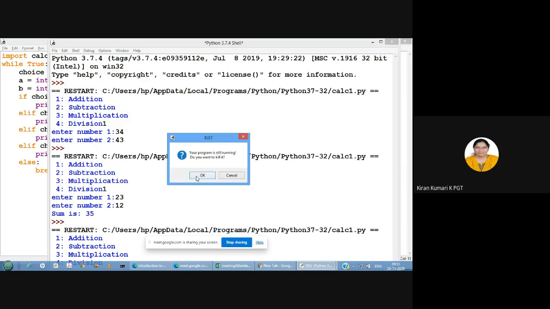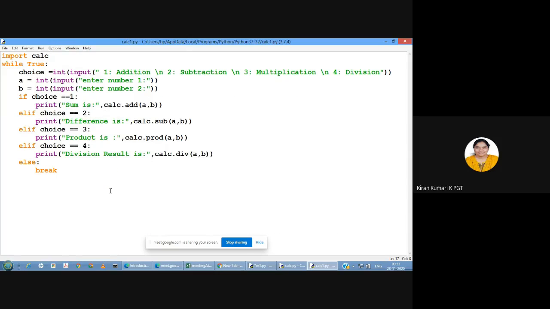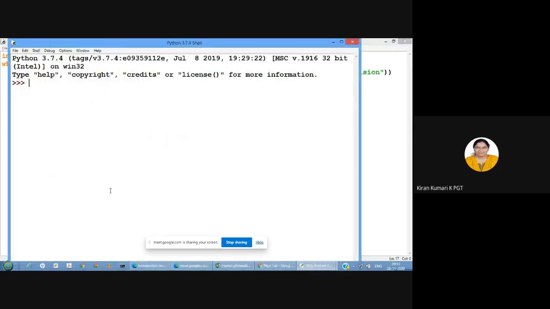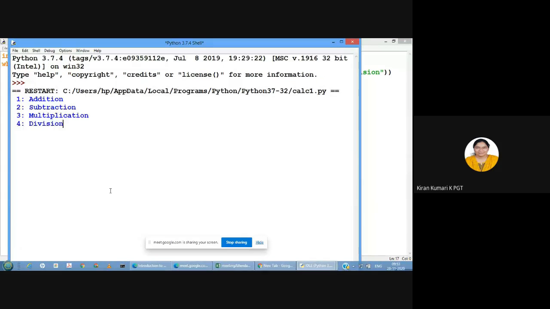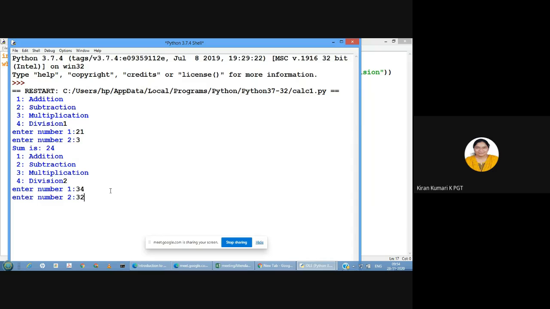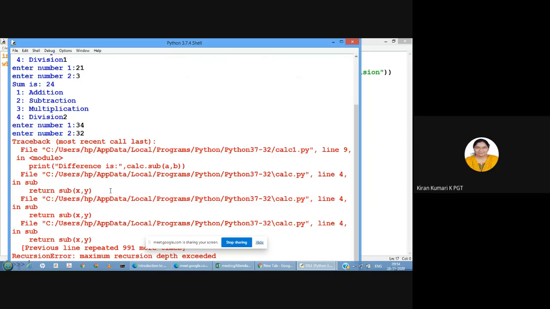Can you all see? Just once again, I'll execute and show you. Now you all can see. See, first choice, first I entered 1. Enter number 1, 21. Number 2, 3. So what is the sum? 24. Again, it is asking, no. So next choice I have entered 2. What are the numbers? 34, 32. So what is